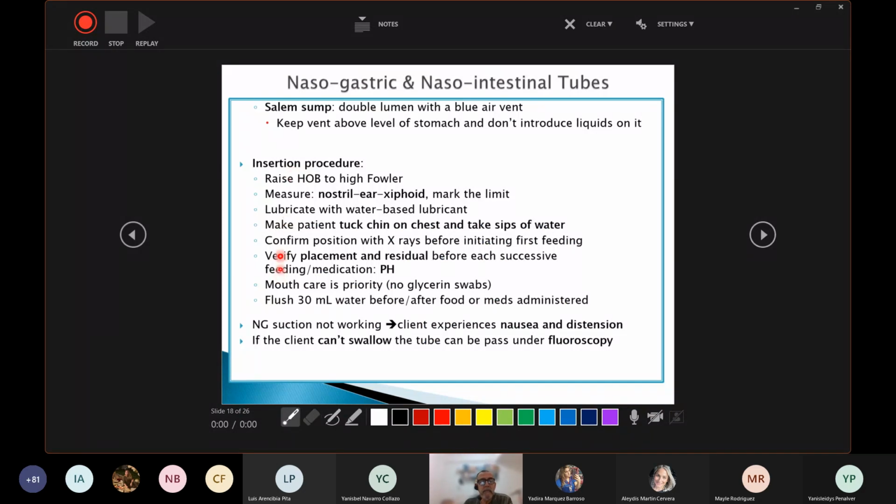You can be asked to place in order the steps to introduce a nasogastric tube. After you have the order, you gather your equipment before going to the room. When you enter the room, you identify yourself, and then you identify the patient. Before explaining anything to the patient, you identify the patient. If this is the correct patient, then you explain the procedure. This sequence is the same for all the procedures.